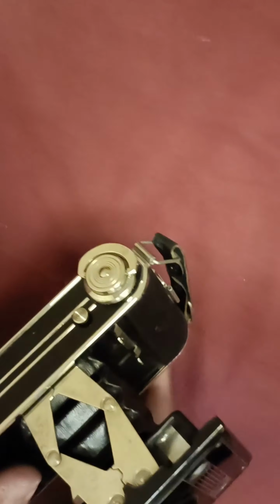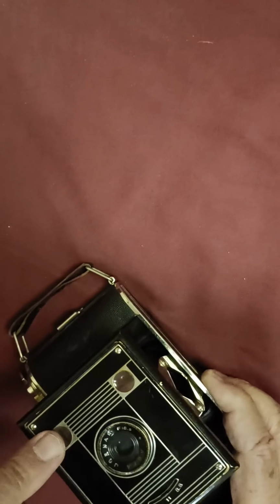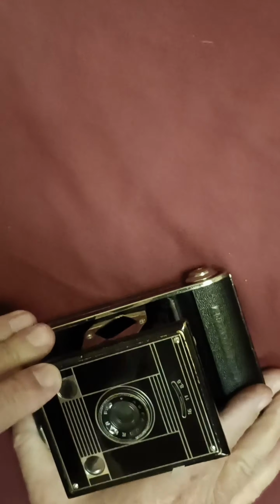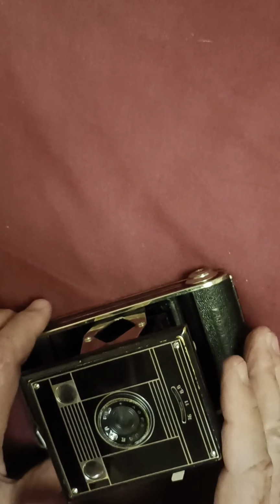Well, you don't have a folding viewfinder with this one. What you do is look down through the window and see, obviously, out the window here, or in the vertical position. You look in this window and out this window. So